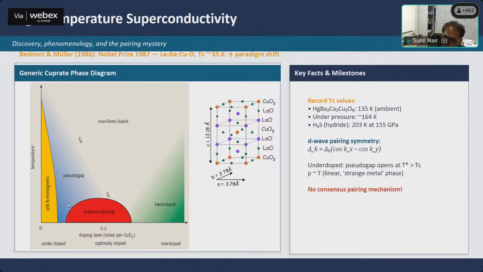There's also a very interesting region here, which is known as a pseudogap. One still does not fully understand the pseudogap phase. This is a region of the phase diagram in which you see the emergence of what looks like a gap in the Fermi surface, and this can be gauged through multiple techniques like ARPES and even the standard electronic transport measurements.